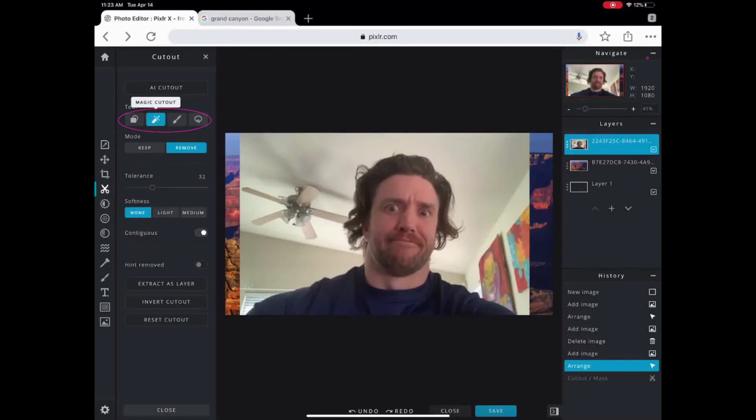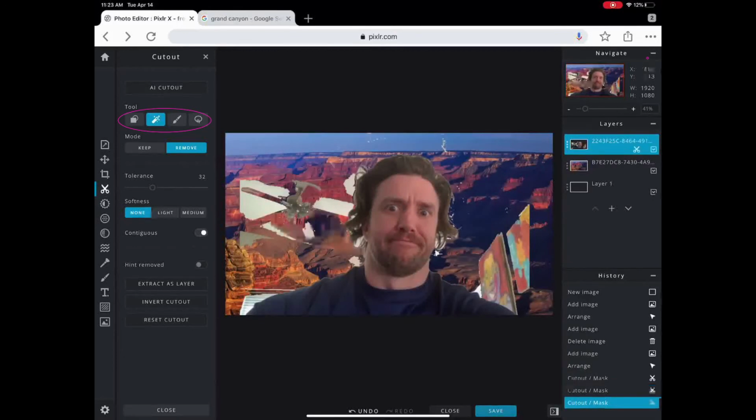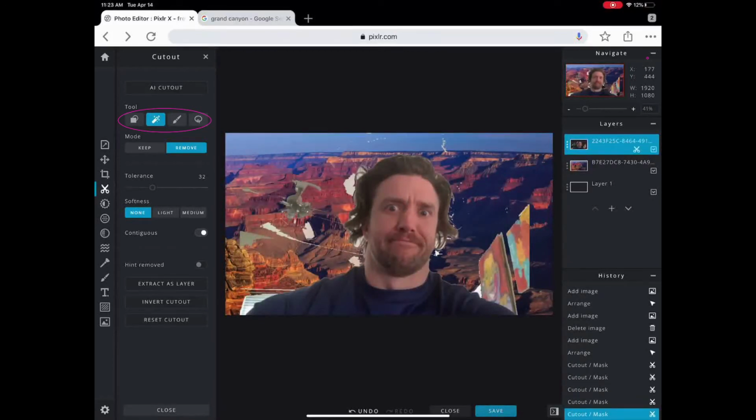You could choose the magic cutout. So if you had a plain background, if I had taken this photograph in front of a blank wall, then I could just go around and click on these different bits. And it's going to get rid of that stuff. However, this could also take a long time with all the different areas. So you can use that if you want, but then the other tool you can use is